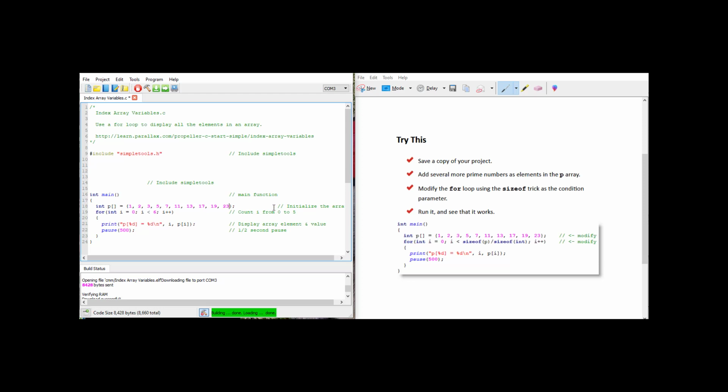Okay, and we're going to change this from I equals 0 to I equals, okay, so we're going to put size of P, so it's going to automatically adjust for the size of our array, and it's automatically going to